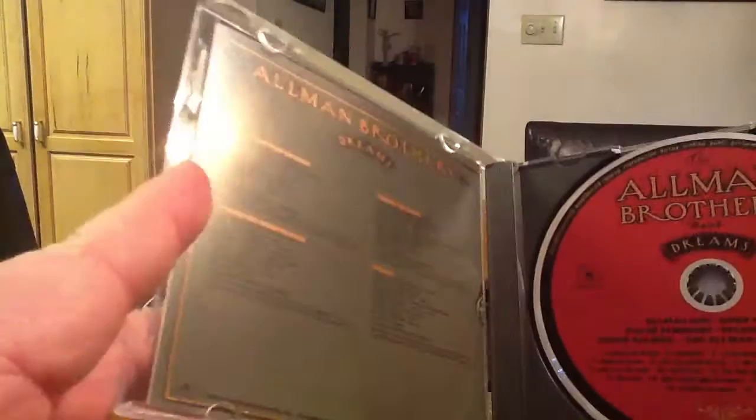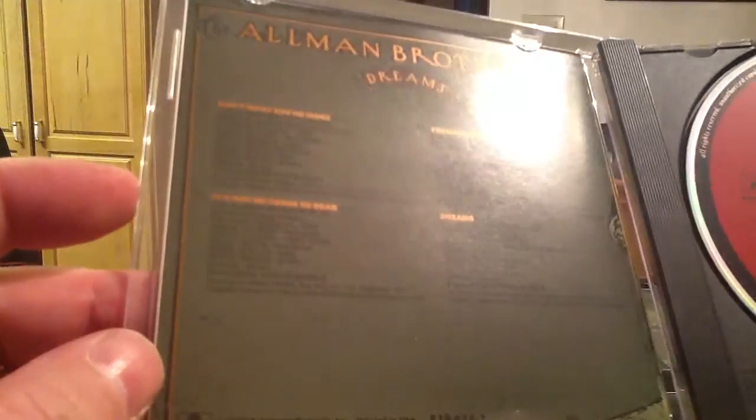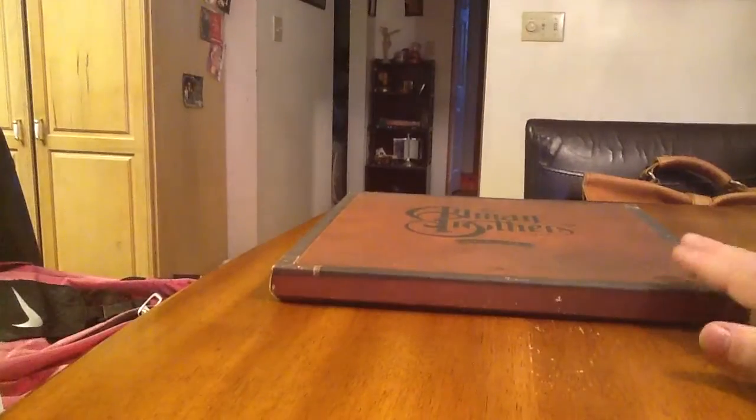proper size booklets here. A lot of pictures and a lot of text, but each one has got this look. Each one's got a little booklet here, in addition to which kind of tells you what's on it. Yeah, kind of a cool set. I like it. Allman Brothers Band Dreams, and there's of course on all these, like any box set, rarities and stuff that you don't normally see. So that is cool. Next up,